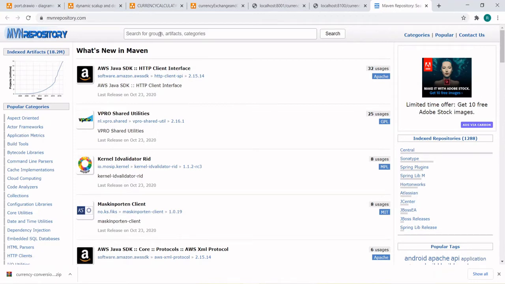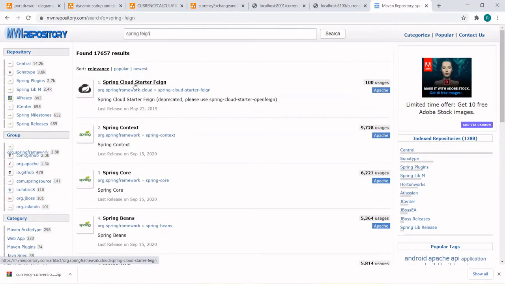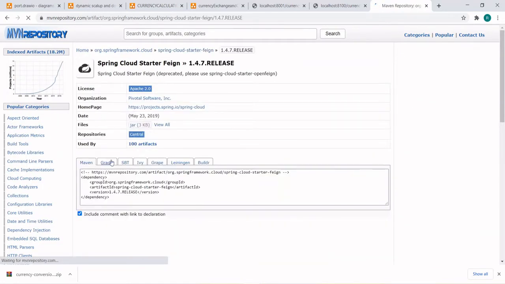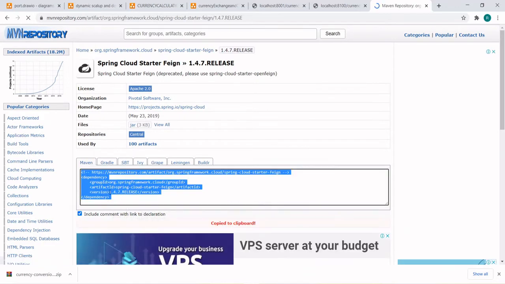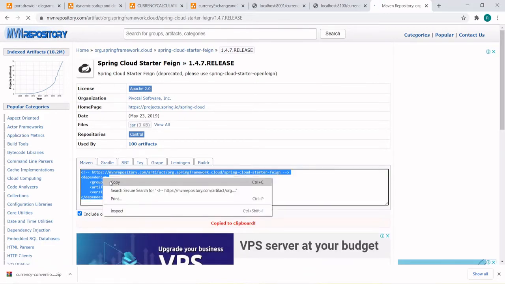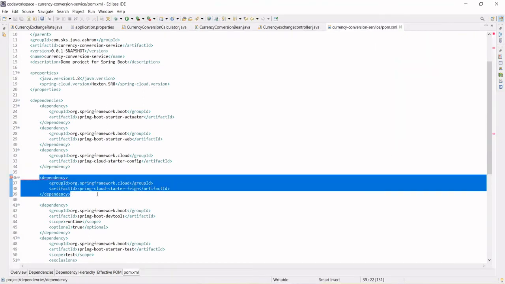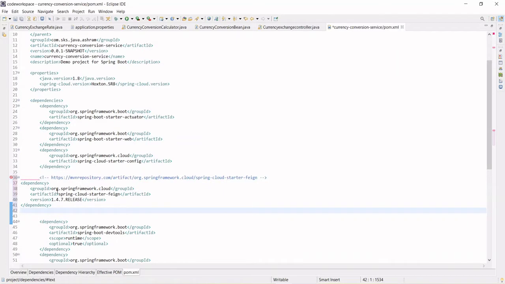Search for Spring Feign, Spring Cloud Starter Feign, click this. Take the latest release, 1.4.7 release, copy this, and go to the code. Here, instead of this, paste this.